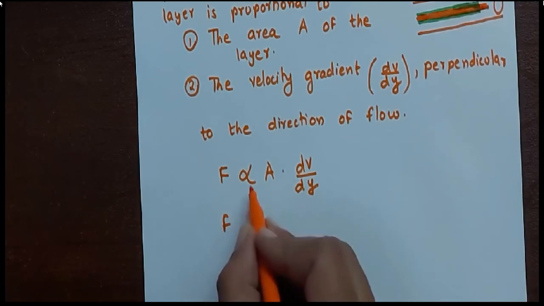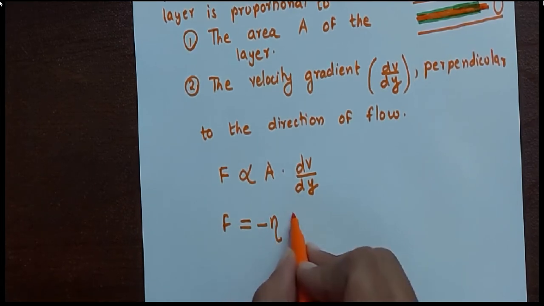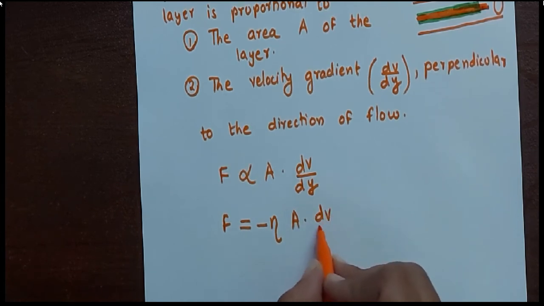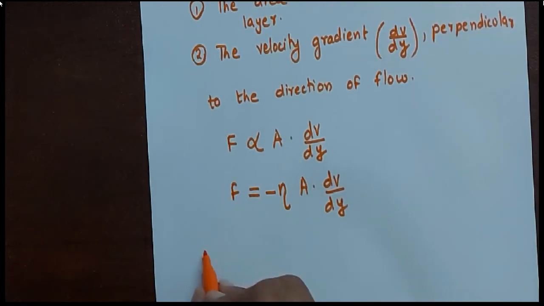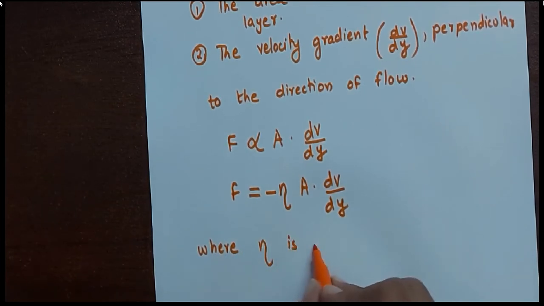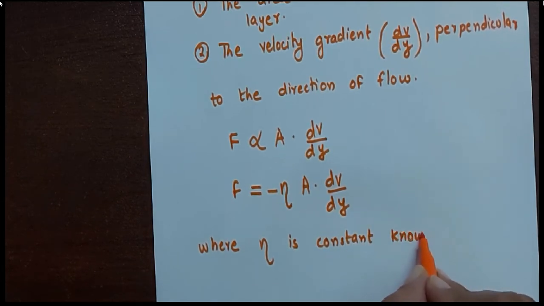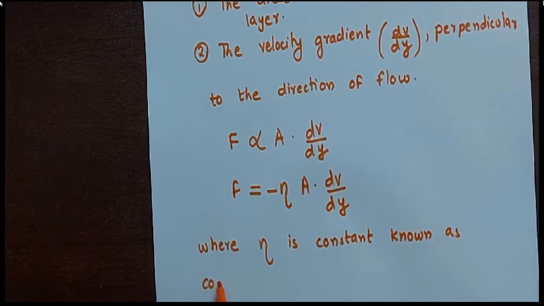Now we will replace this proportionality constant by constant minus eta, so F = -eta A dv by dy, where eta is constant known as coefficient of viscosity,